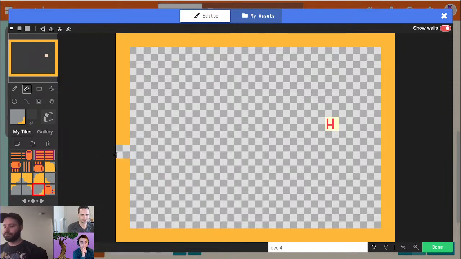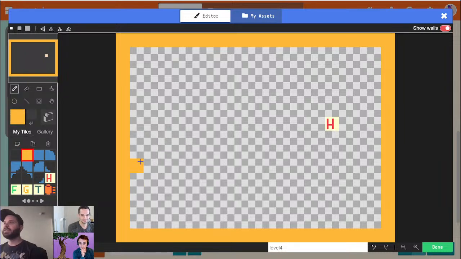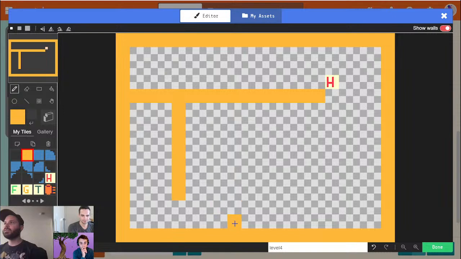What we're going to do is test out making a shortcut. So actually, let me move this home base up here. And we're going to go ahead and do this. And then we're going to do